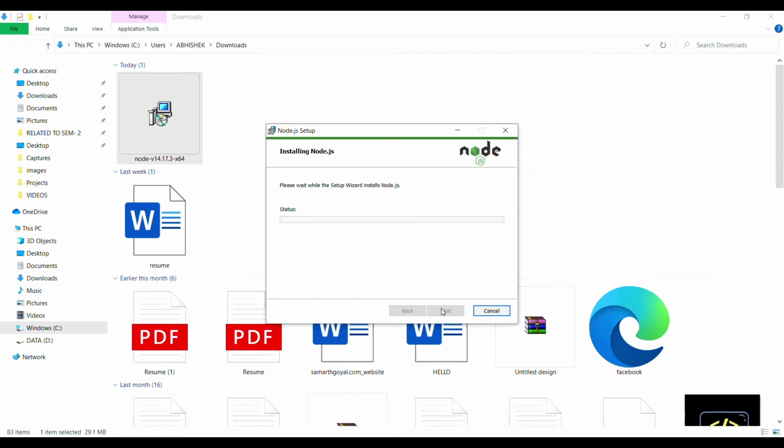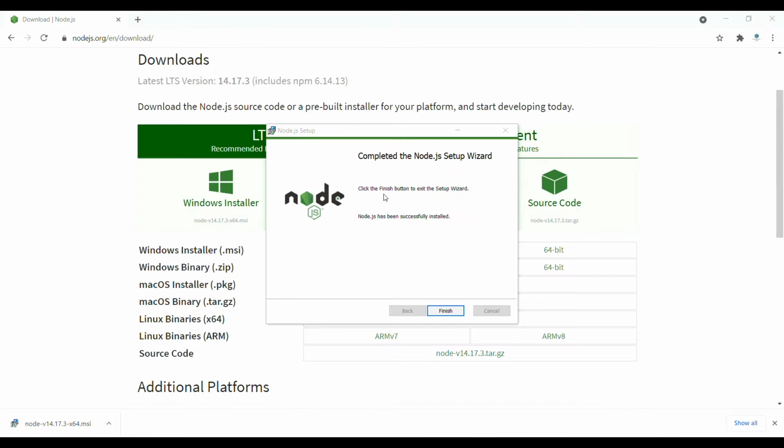Here it is going to install, so you have to wait for some time, let it get installed, and after that I will show what you need to do, some setup. After that it will be very much compatible with your Windows. So once your download is completed, it will show that Node.js has been successfully installed.